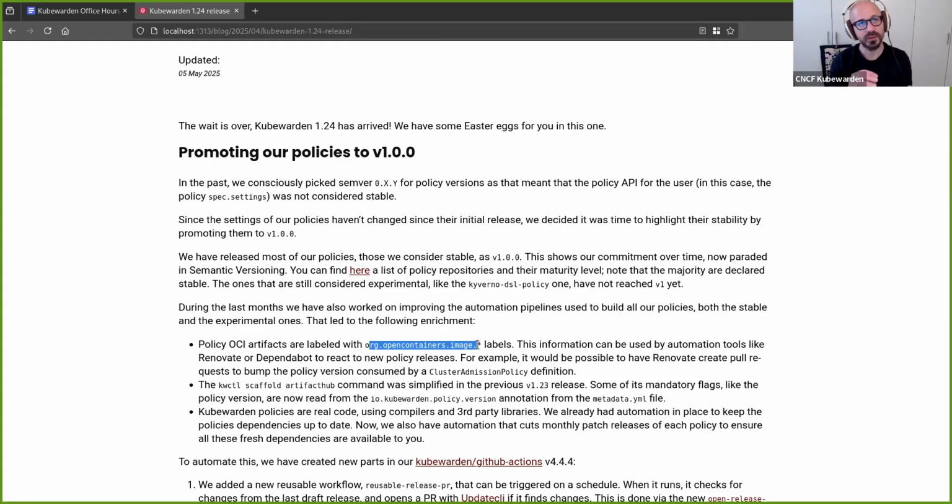For example, inside of a Git repository, you might have a YAML file that defines a Kubewarden cluster admission policy that is consuming a policy coming from a container registry. If you have Dependabot enabled on that repository and properly configured, it will provide you a pull request to bump